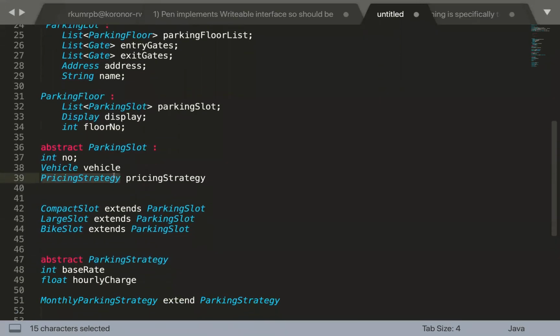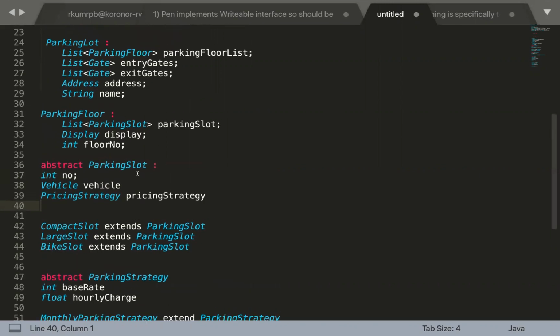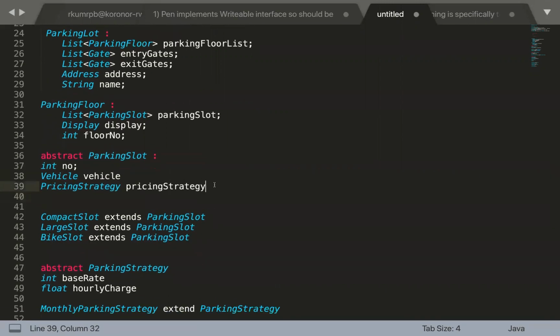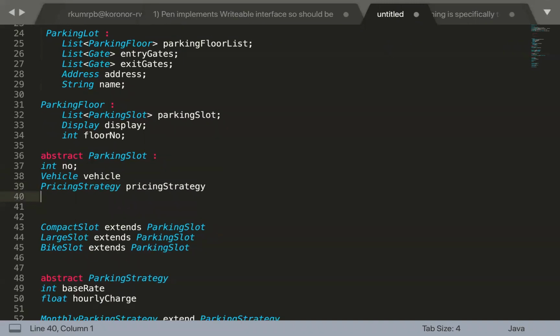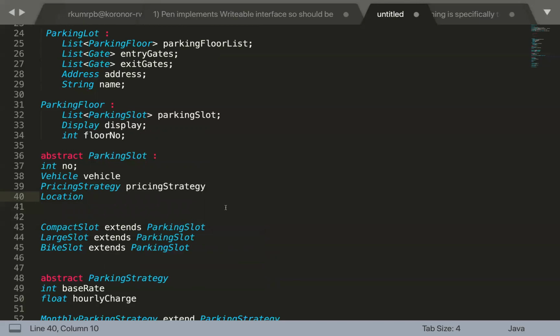Cool. I just have one doubt. If you remember, in the initial requirement we had a place where the customer opts for a slot nearer to the gate, so we need to have that provision. But in the parking slot we are not having that particular information. The coordinates are, but we should have this information here. So probably the location.